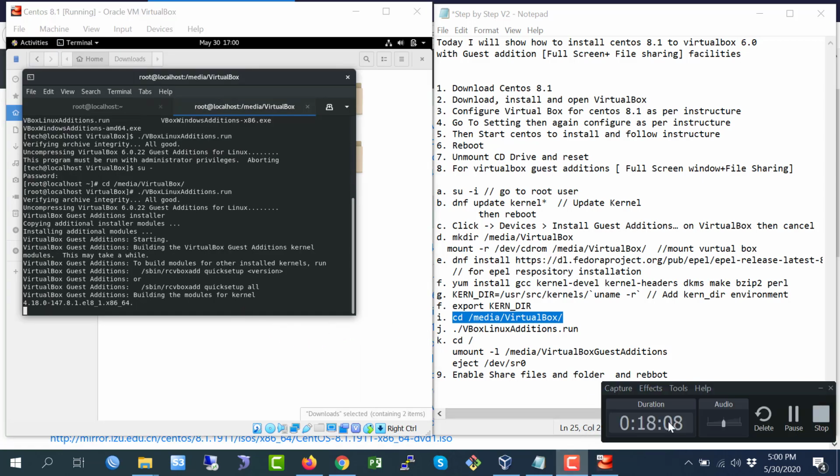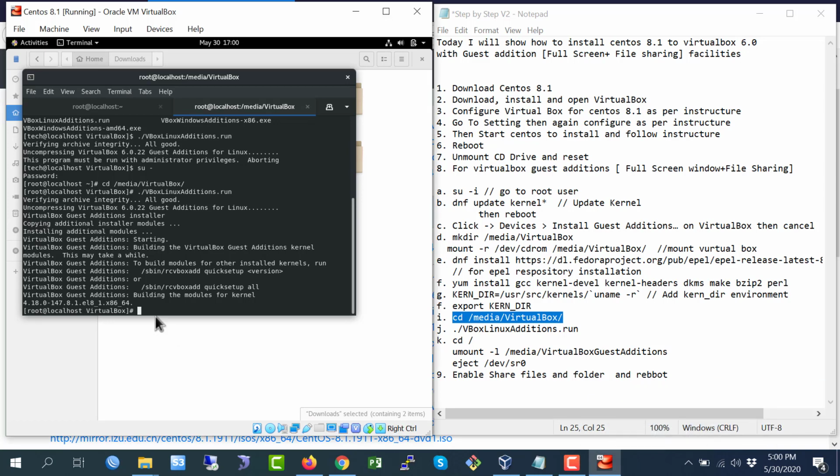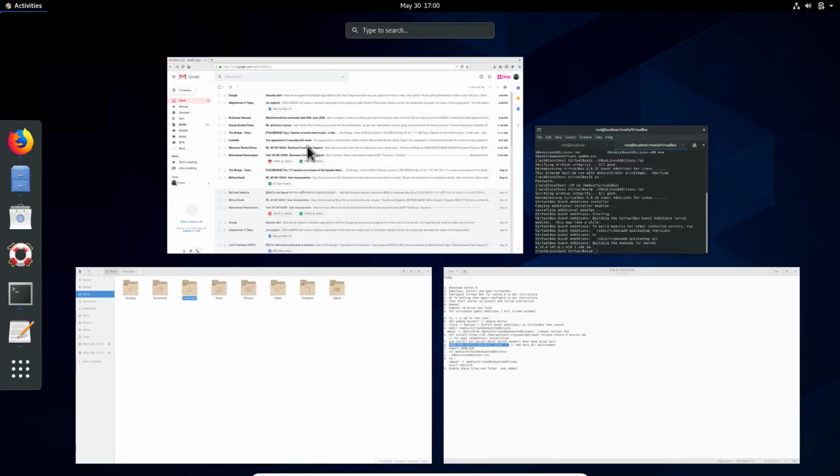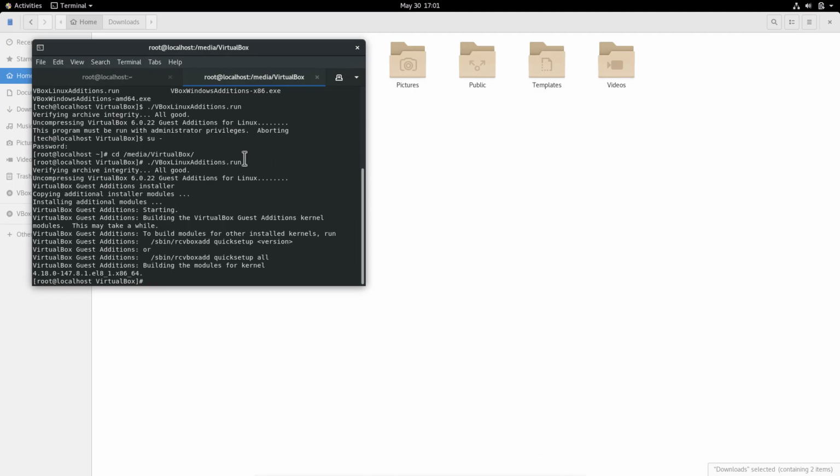You see, it has been done. Now I'm going to click View and full screen mode. You see, full screen mode appears.